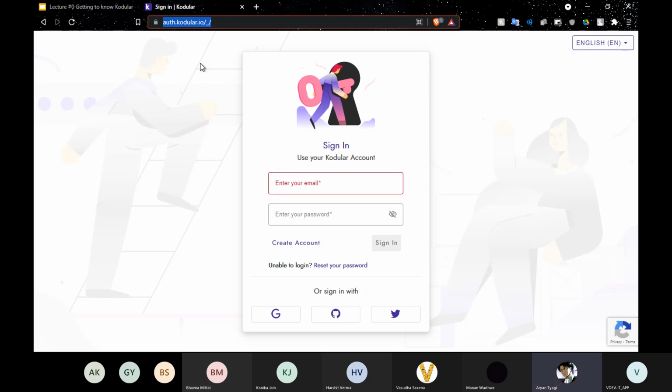Okay, so we have some students who have already logged in. Can everyone confirm if they're on the site, and if they're facing any problem, please let me know. Kanika, Ayati, Vasudha, are you able to log in? Have you opened the site now? It's okay if you haven't signed in. Ma'am, I have logged in. You have created a new account? Yes, ma'am. Okay, Kanika?